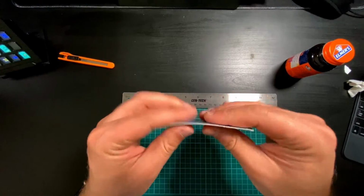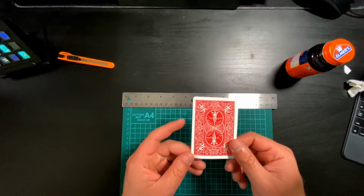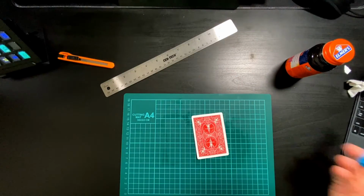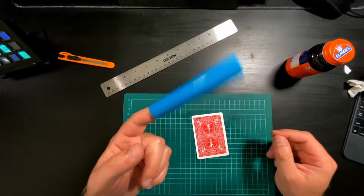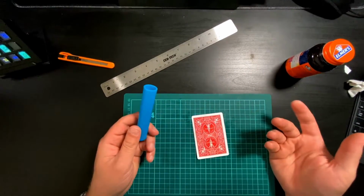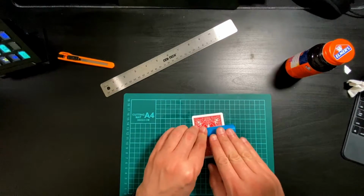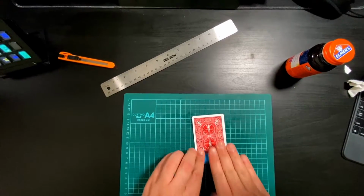Now the card is loosely together. You want to roll it out so that it's adhered all the way through the entire card uniformly. And for that I use this. This is actually a little Play-Doh roller from my son's Play-Doh kit. But you can, of course, use like a kitchen rolling pin, something like that. You just want something smooth and even, and you want to roll it back and forth all the way past the edge,